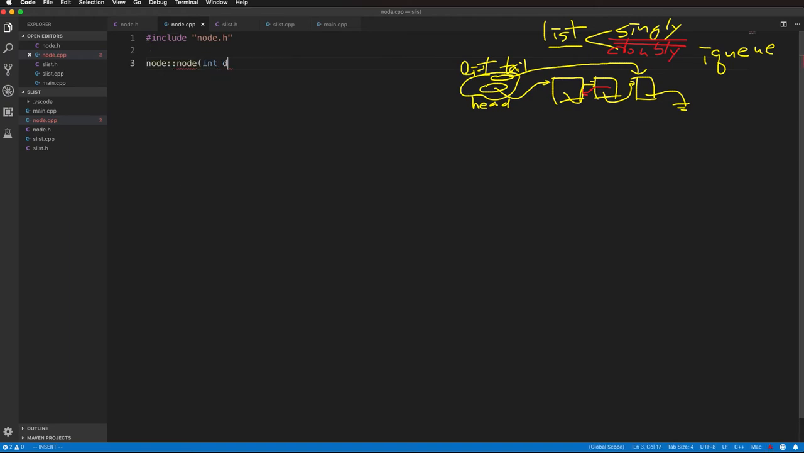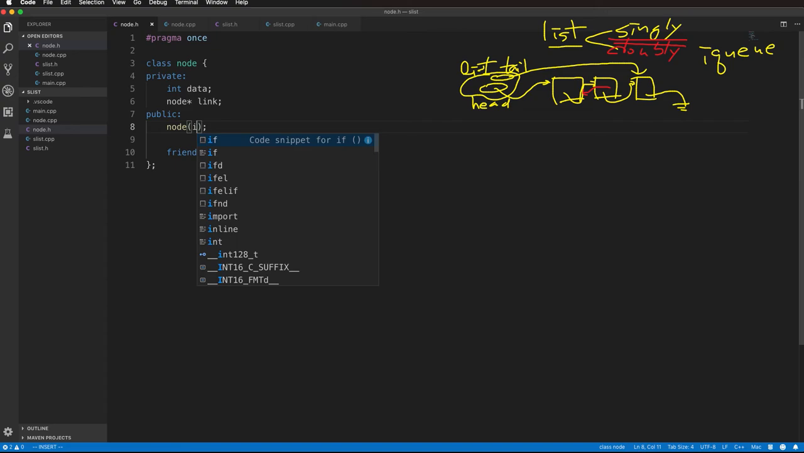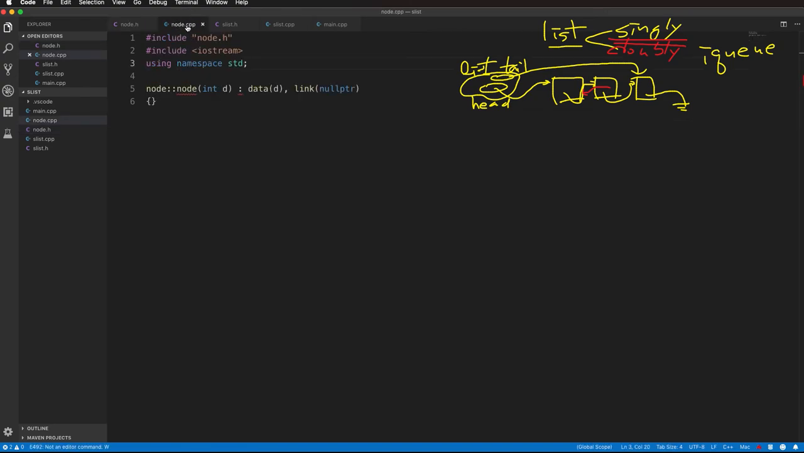We are going to have a data there, and then the data member is initialized, and the link member gets a null pointer. And then we need to include iostream for the null pointer definition there, and then in node.h the constructor takes a data there. So that's a basic definition of a node, and we are going to have a Makefile